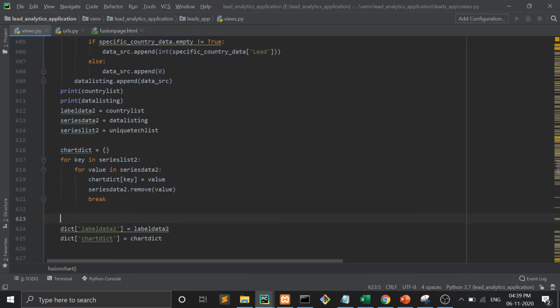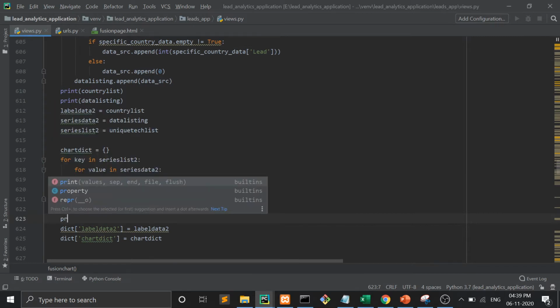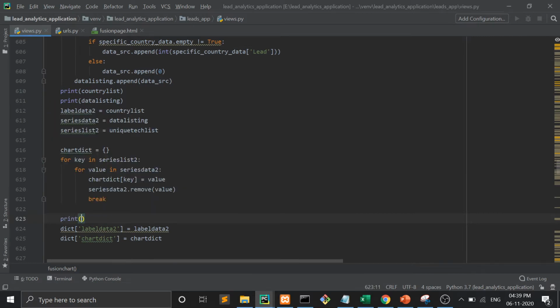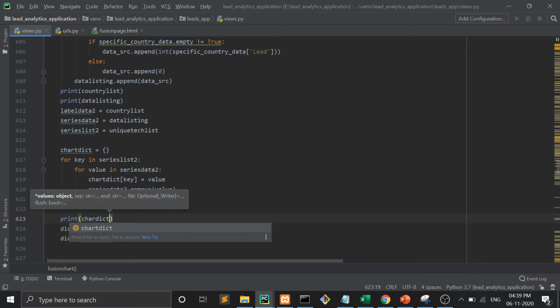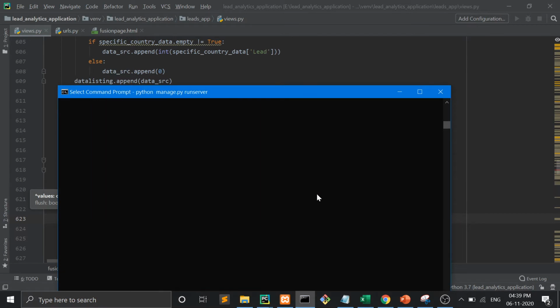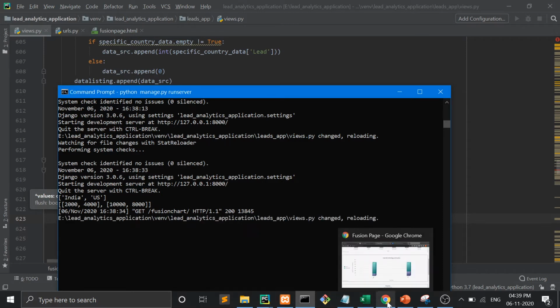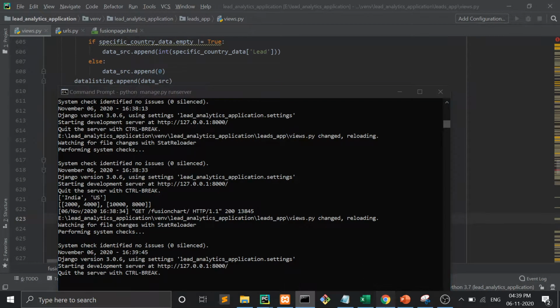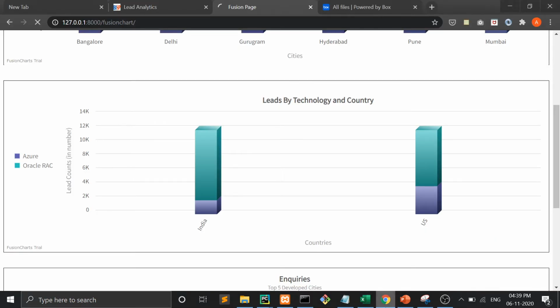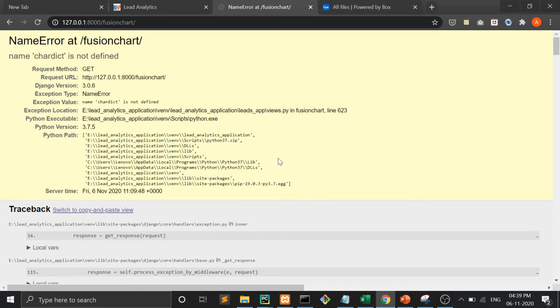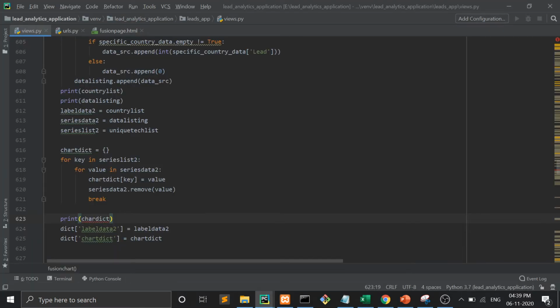Now let me show you how it looks. Print chart dict. Okay, now let's see. Let's refresh it. Spelling mistake in chart.